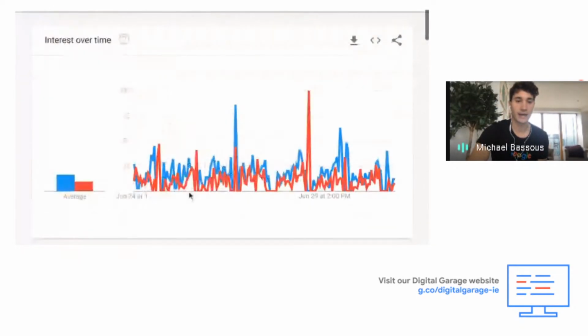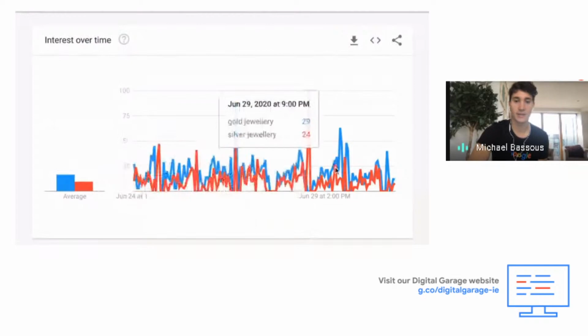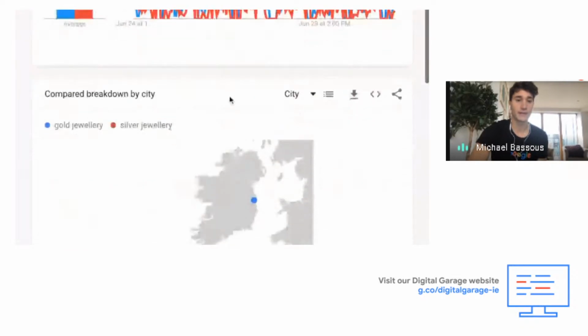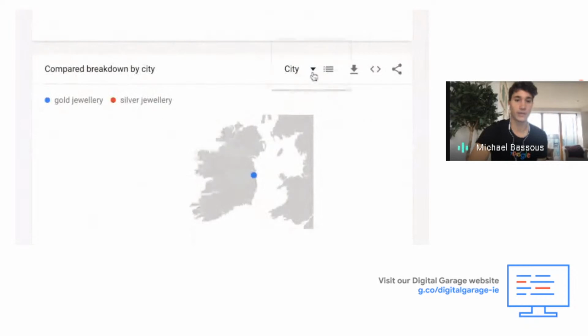Now that we can compare, and they are kind of close, we can see that gold jewelry is still much higher than silver, although the trend lines are kind of similar. I think this is something related to the market itself. If we go down and break it down by city, we only have Dublin